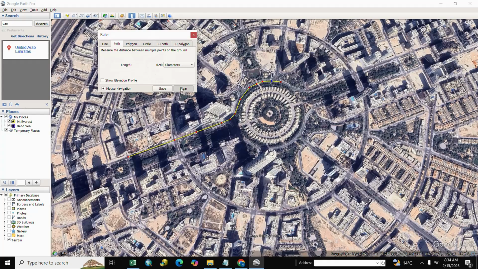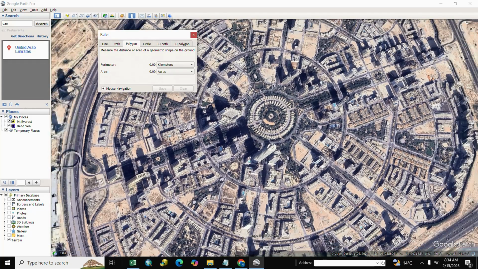And next we select polygon. Here is polygon. If you want the area, you select the first point and click around. Here is our area. You double click to finish, and you can modify it as per your requirement. Its area is 3.06 kilometer and in acre 181.42 acre.